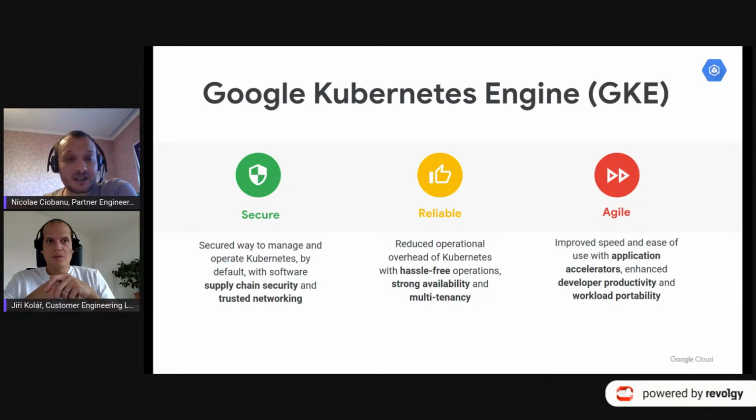On the trusted networking part, it has container native networking for enterprise workloads supported in GKE. Some other examples to mention are the global VPC, the global load balancing that you can use, networking policies.